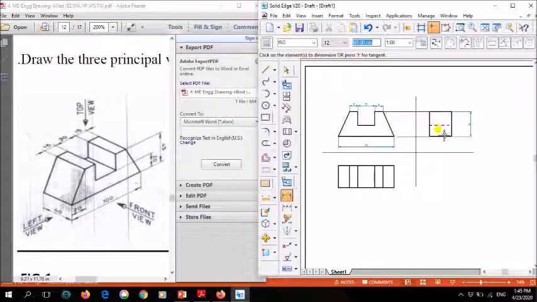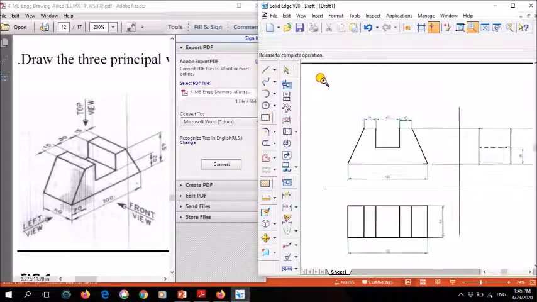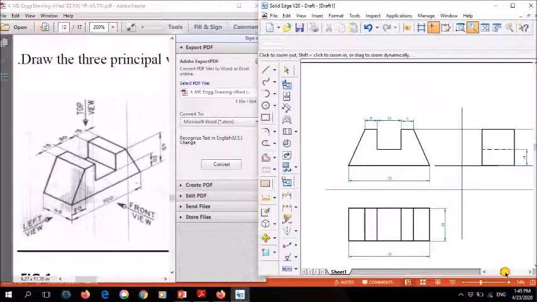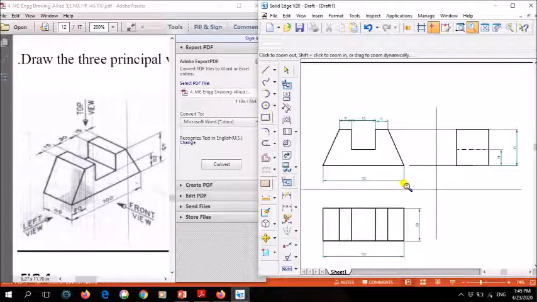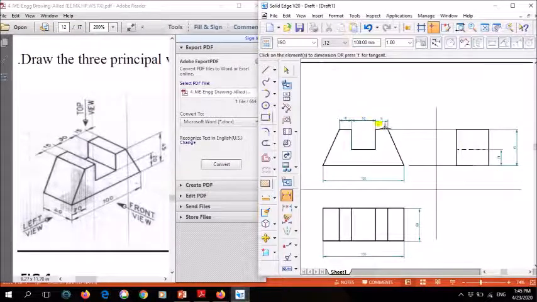45. Same way now this height, either you show this side or you show this side, no problem. I'll show this part. So how much is it? 20. Okay, next, this width, how much? Instead of showing it here, I'll show it here like this. It is 40 mm. If you want, you can show this whole dimension again on this side. Okay, so I'll just zoom it. Okay, you can see the dimensions. So this is 20, this is 45, 100, 30, 15, 15. Okay, so like this you need to split the dimensions.